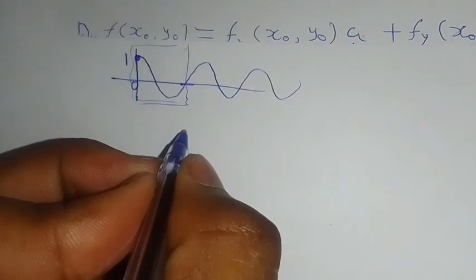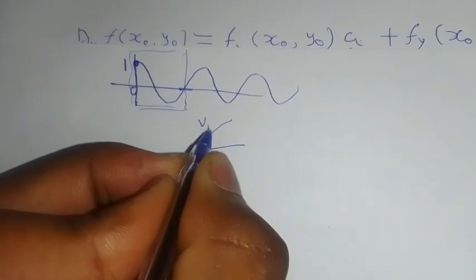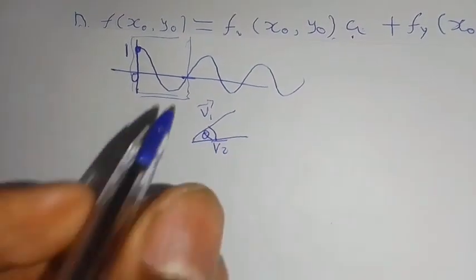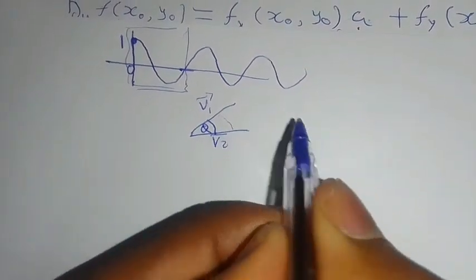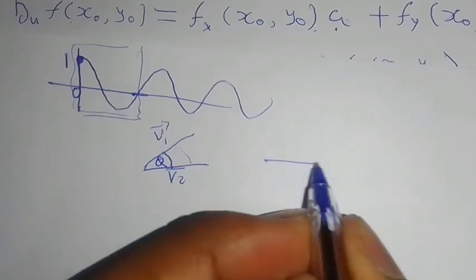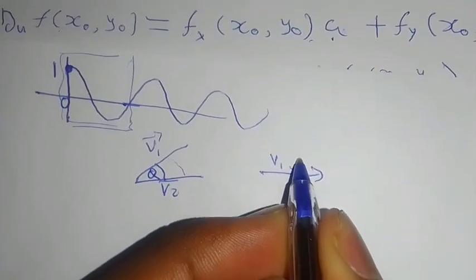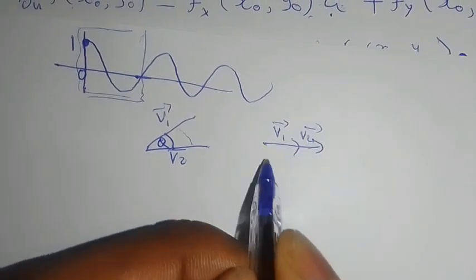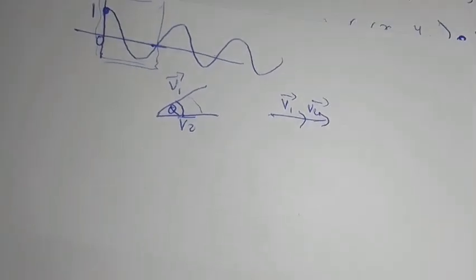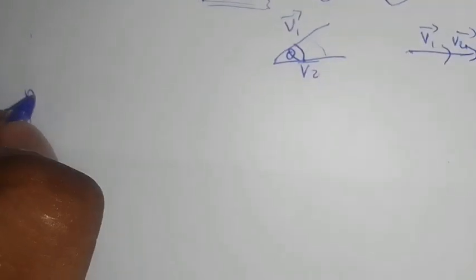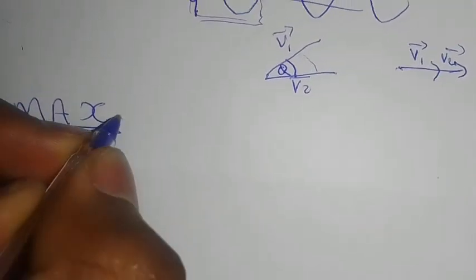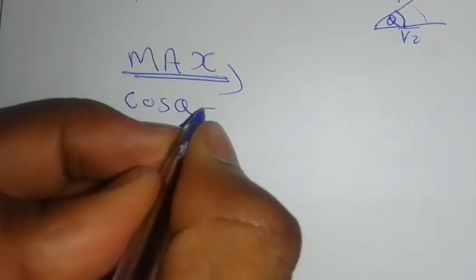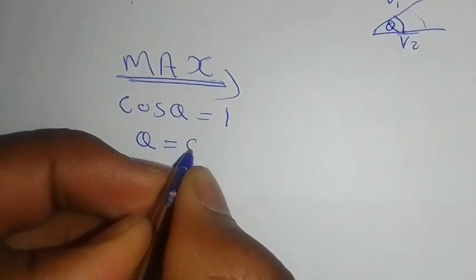Remember our angle: if you have vector 1 and vector 2, this is the angle between those two vectors. And if this theta tends to go to 0, that technically implies that v1 and v2 are in the same direction. So that's where we'll find the maximum value for the directional derivative. It will maximize where cosine theta equals 1, or you can just say where theta equals 0, whereby